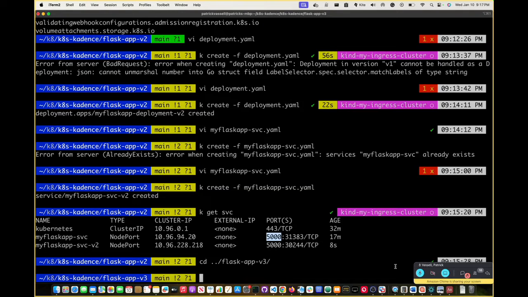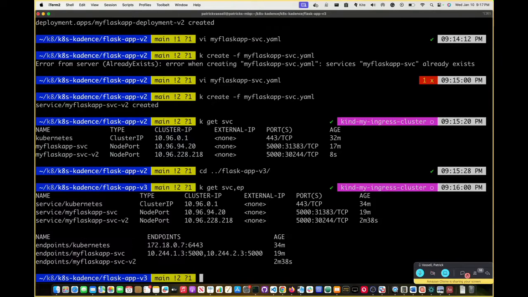Thank you. So, good question. The version is just a label. In this case, I use version 2 because the initial label on that would have made those pods that I created for version 2 bind to the actual my Flask app service, because they matched those requirements. And if you see here, if I do k get service and also endpoint,